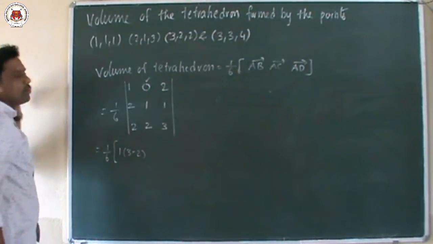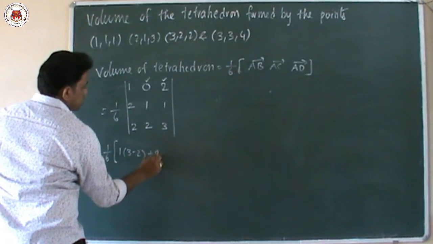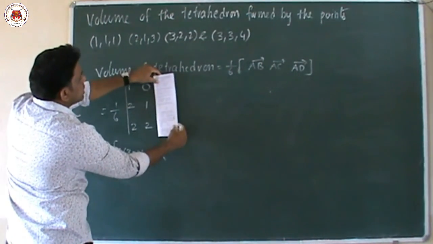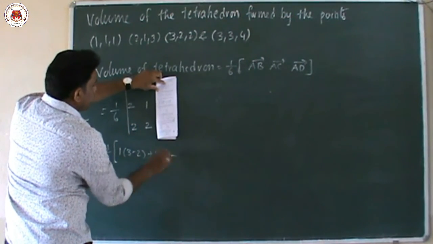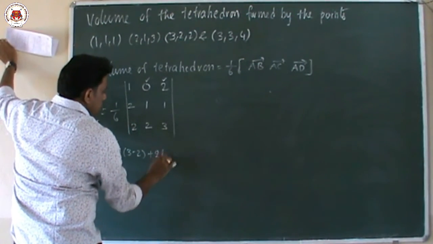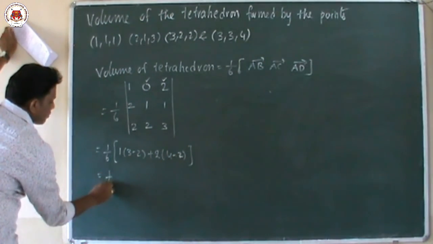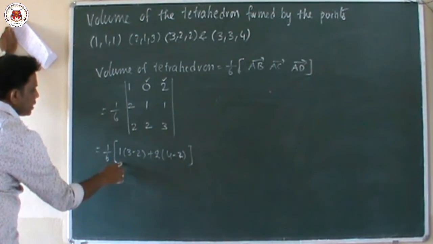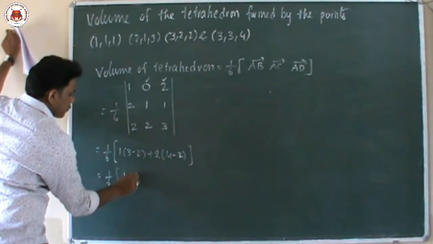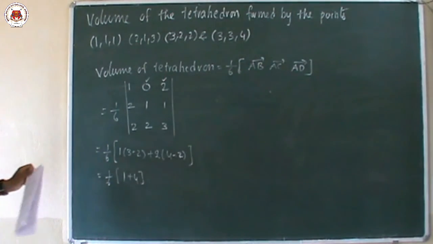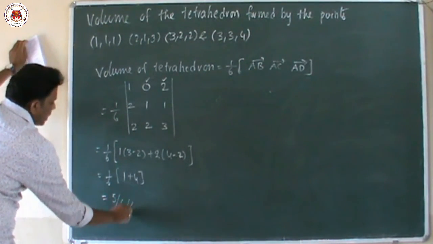Second term is 0, no need to write because 0 times anything becomes 0. Then we go to the last term, plus 2 into, 2 is in the first row and third column, which you can eliminate. Then 2 2s are 4 minus 1 2s are 2. So 2 2s are 4 minus 2. Then 1 by 6, 3 minus 2 means 1. 1 into any number is 1. So 1 plus 4 minus 2 is 2, 2 2s are 4. So 4 plus 1 is 5. So what is the answer? The answer is 5 by 6.